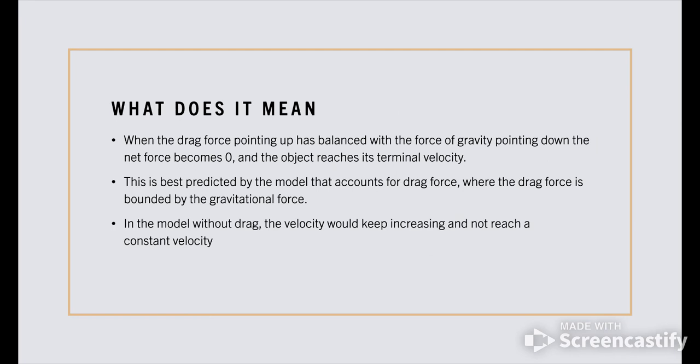The terminal velocity would not change, but the time it takes to reach it would be quicker, and terminal velocity depends only on the balance between